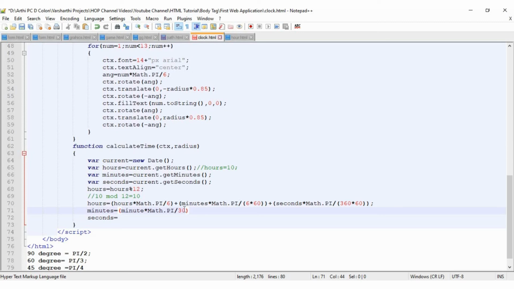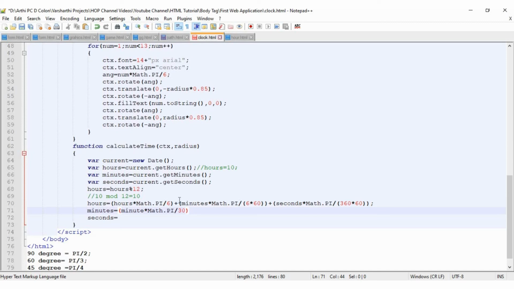Because the angular velocity of the minute hand in a clock is pi by 30. So we are calculating the minute value by multiplying the current minute into pi divided by 30, which is nothing but the angular velocity of the minute hand of a clock, right?